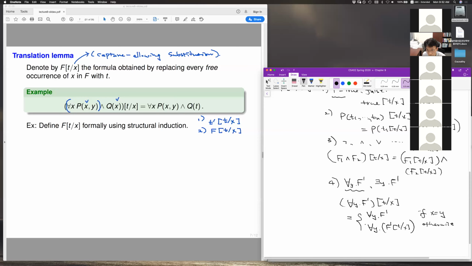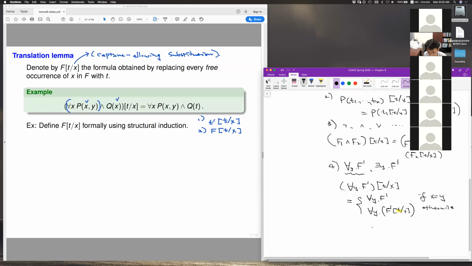Okay, so I said, to some of you who saw this notion of substitution before, that it's a variable capture allowing substitution. That's because we are using t without any change in this universal quantification. So that's why this is called capture allowing substitution. For instance, something strange can happen. I think it's related to some of the exercises, but suppose I have a formula like for all y